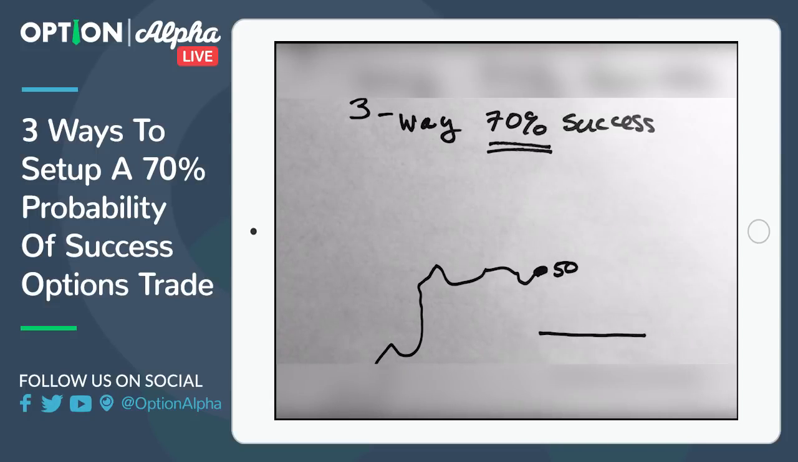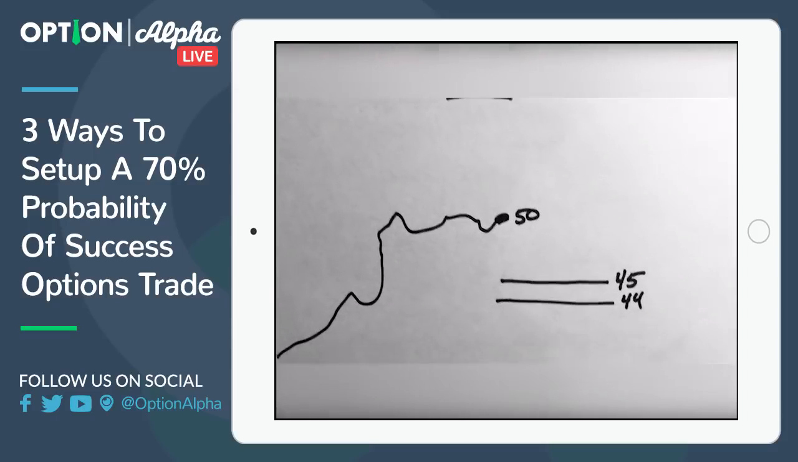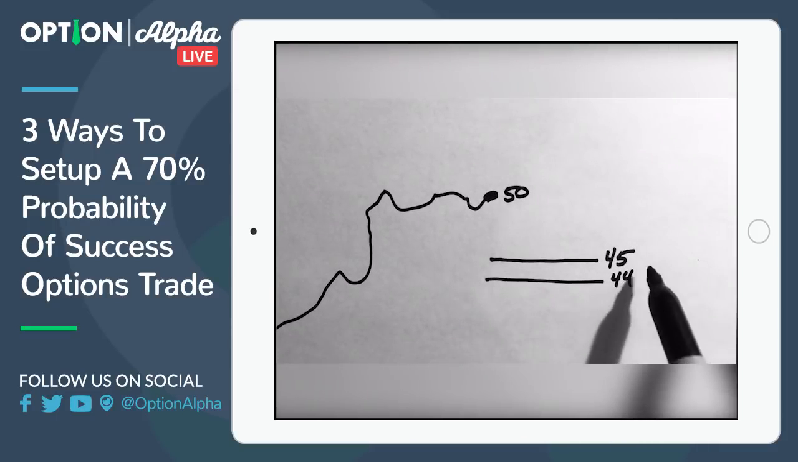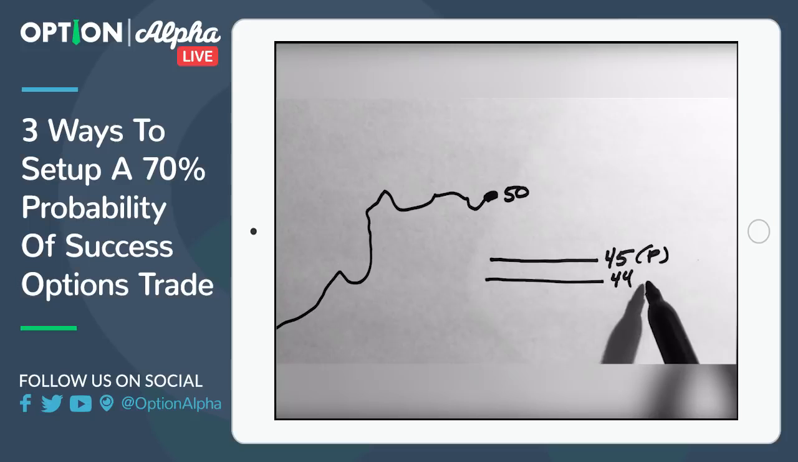So let's say the stock is trading at $50. You would sell a put at, say, $45, and then you might buy another put option at, say, $44. And let me just slide this up so you guys can see this a little bit better. Right? So you would sell one put option here, and you would buy the other put option here, creating this